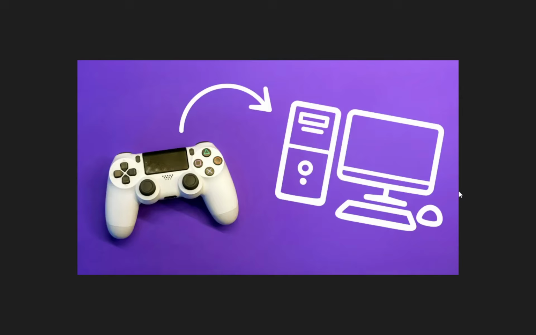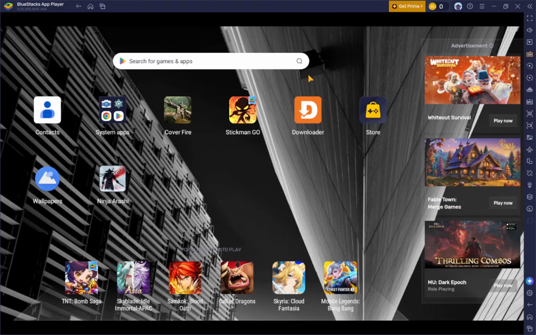Next, open BlueStacks 5. You will notice the BlueStacks logo on your screen as the application loads. This may take a few moments depending on your computer's performance. Once it is open, you will find yourself on the BlueStacks home screen where you can access all your games and apps. It is important to wait for BlueStacks to fully load to ensure all features are operational. This step is straightforward, but it is essential as it prepares the environment for the next actions.